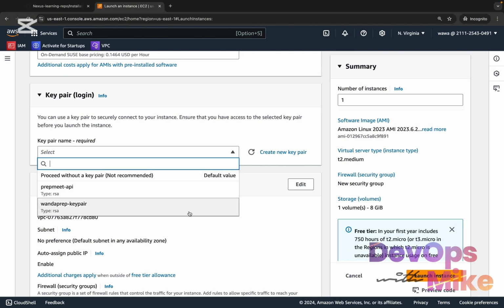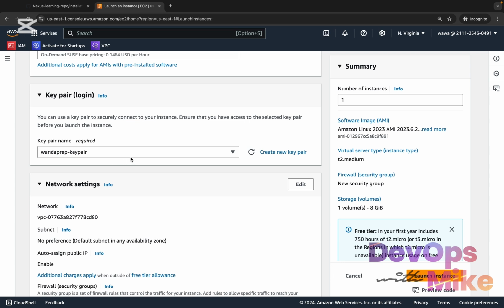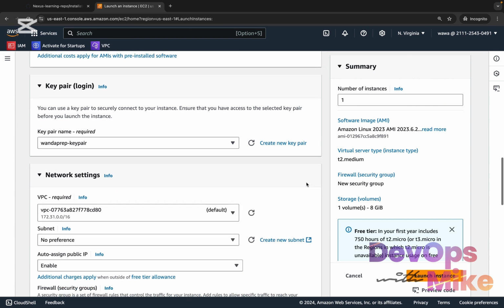So I have a key pair in my environment, so I'll choose the key pair which I have. You also want to choose a key pair. Now we are going to click on edit, where we'll be editing some settings with respect to our given Nexus